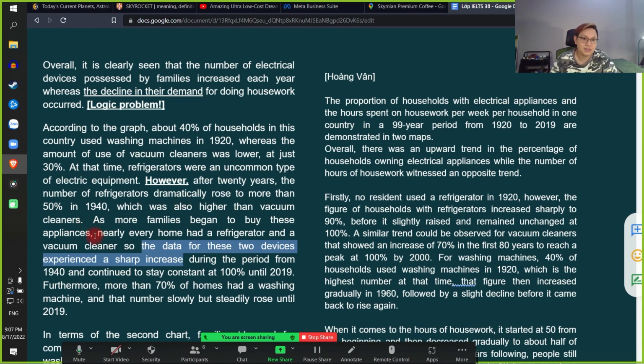Another safe assumption you can say: nearly every home had a refrigerator and a vacuum cleaner. Các em có thể giả định thêm một cái an toàn nữa, đó chính là gần như mỗi cái nhà có một cái tủ lạnh và một cái máy hút bụi. Đó, em hiểu cái vụ giả định an toàn, giả định không an toàn chưa? Safe and unsafe assumption, you see it? Hiểu rồi. Ok, cho cái ví dụ thân thương hơn nữa đi.